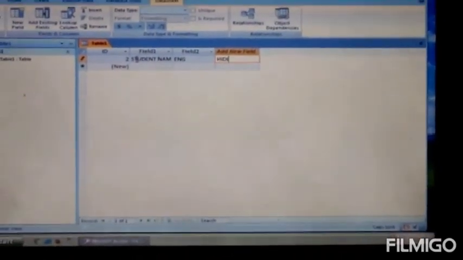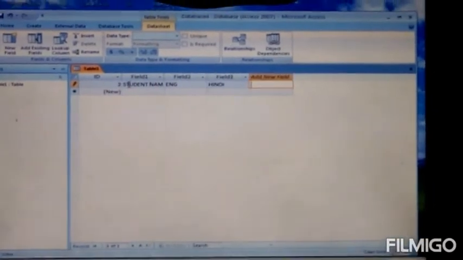Like this you can create the columns. To move to the next row, you need to press the Ctrl plus M key. You can move to the next row and enter a record here.